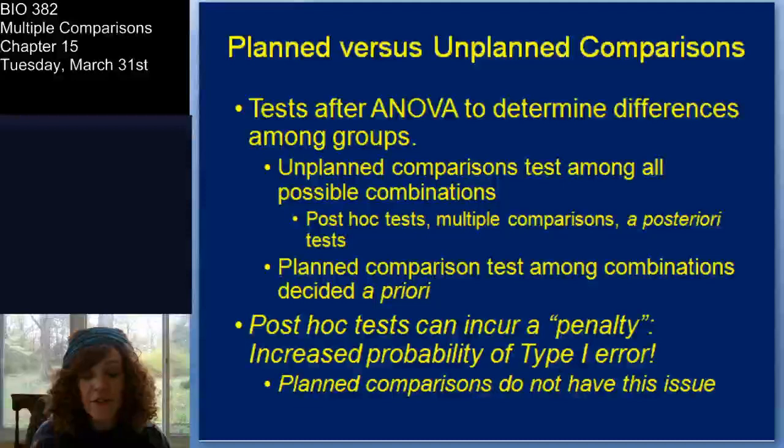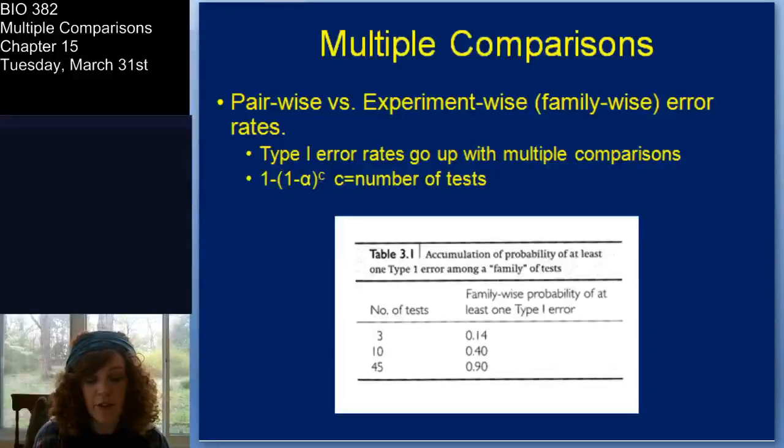One thing that you have to understand, though, is that with post-hoc tests, as I said before, you incur a penalty. So you have an increased probability of type 1 error if you just go willy-nilly doing a bunch of t-tests. Okay, now, planned comparisons do not have this issue, but unplanned comparisons do. Okay, all right. So here is how you actually would calculate your family-wise error rate so that you can understand